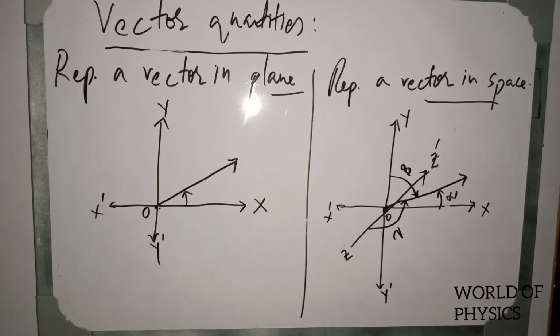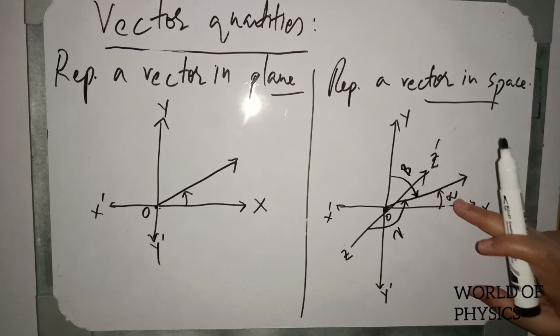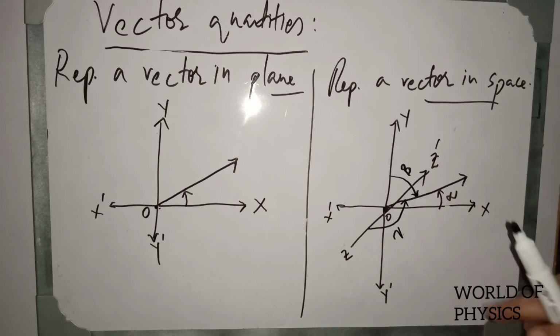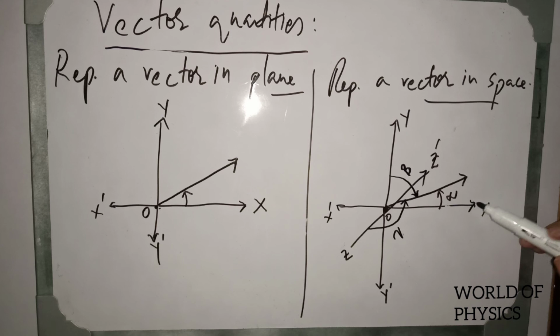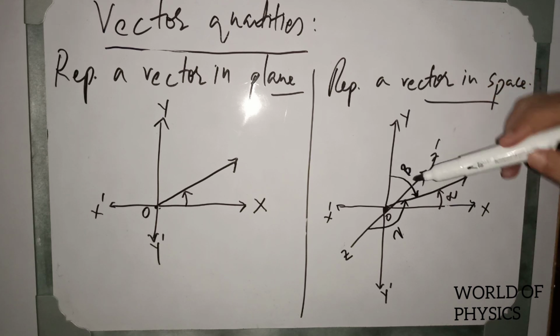So in space representation, a single vector will be represented by three angles: alpha from x-axis, beta from y-axis, and gamma